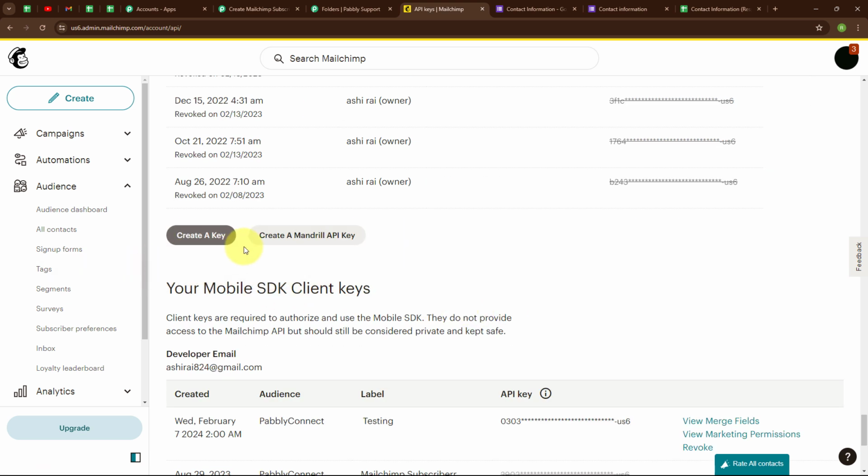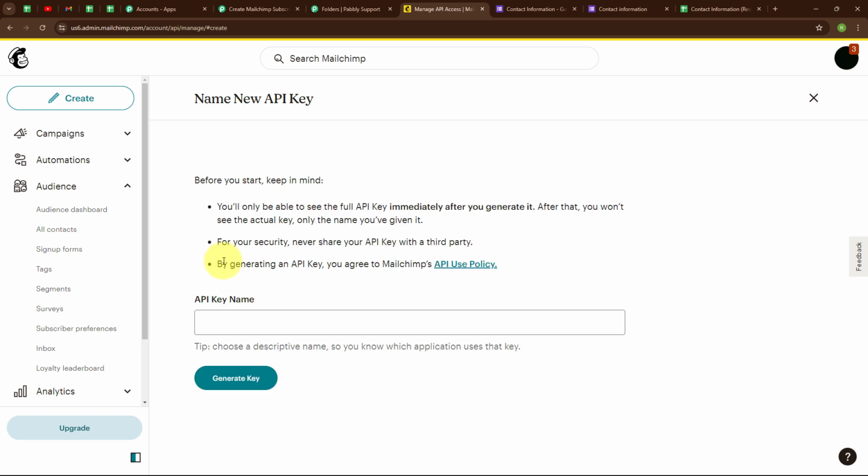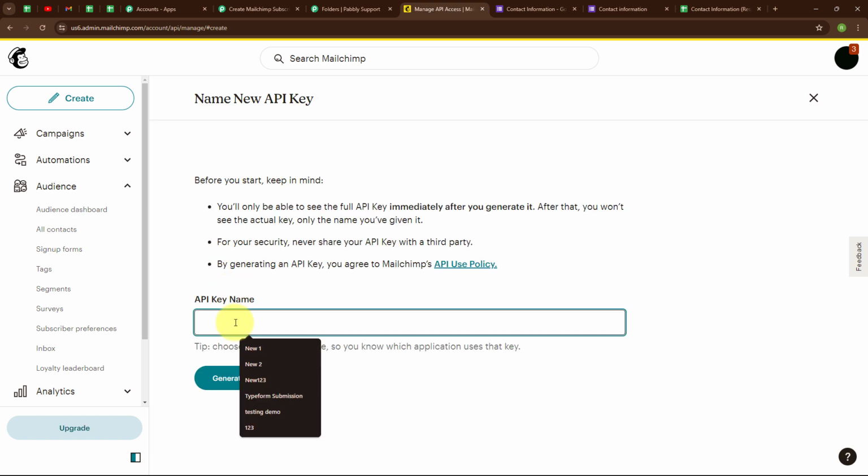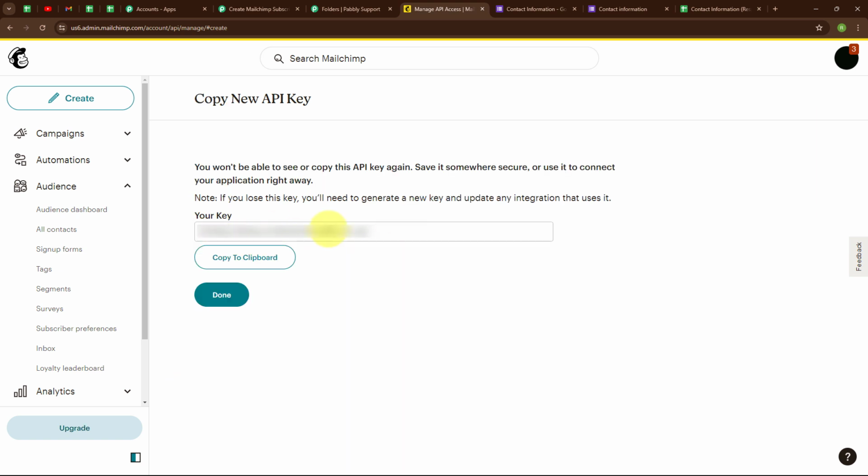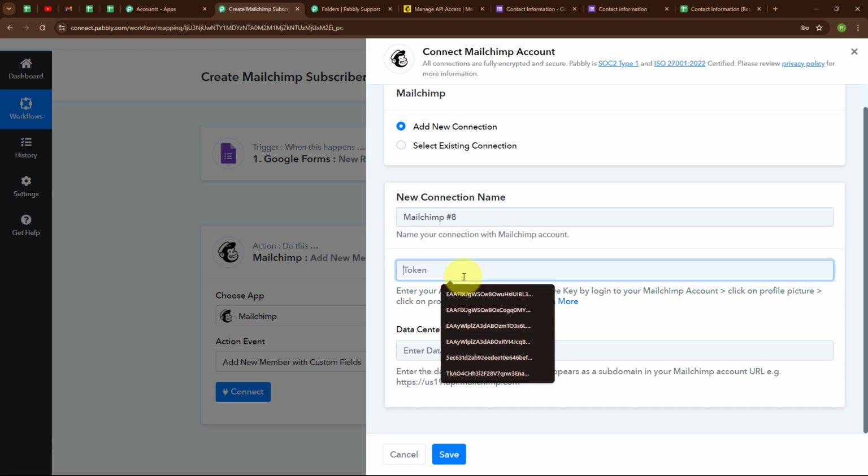And then you can see I have received the option to create a key. So here I'm going to click on this. And here I'm going to give a name to my API key, that is Google Forms. And then I'm going to click on generate key. And here you can see we have successfully generated the new API key. So here I'm going to copy to clipboard, moving back to Pabbly window, and here I'm going to enter the